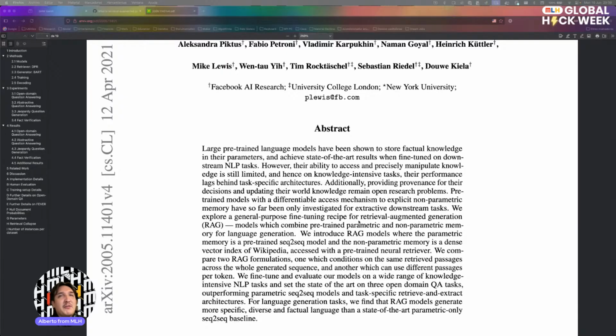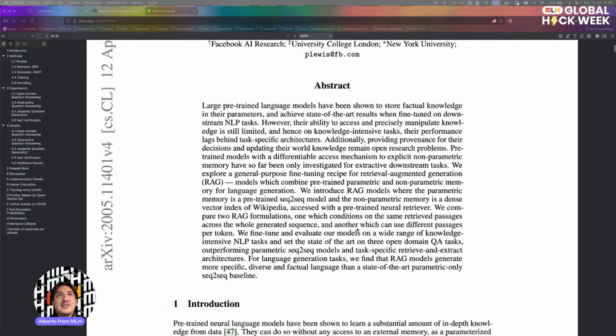And this is the first time this term was actually used. Models which combine pre-trained parametric and non-parametric memory: it's a pre-trained seq-to-seq model, and the non-parametric memory is a dense vector index